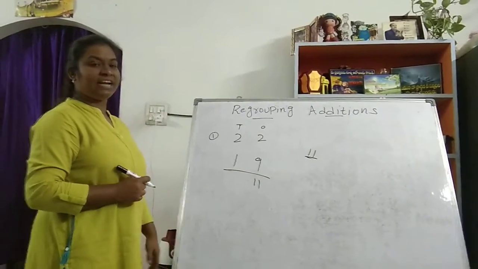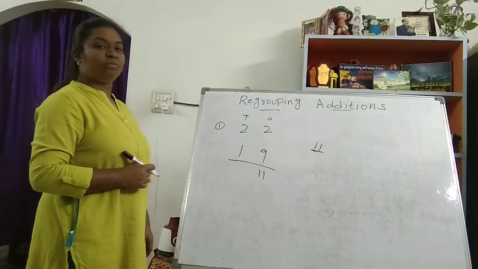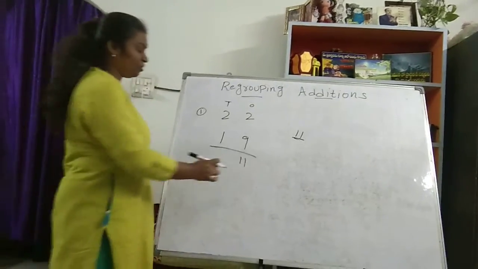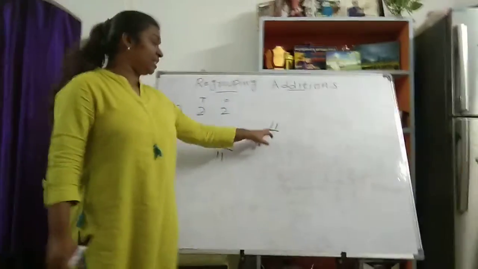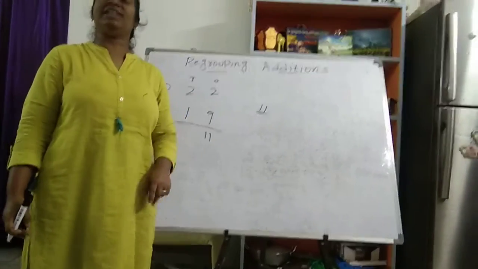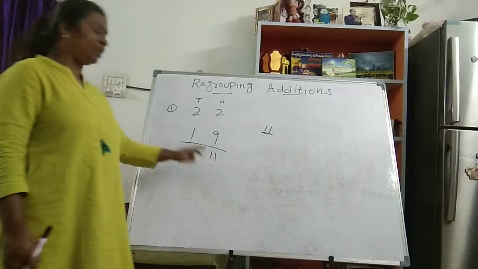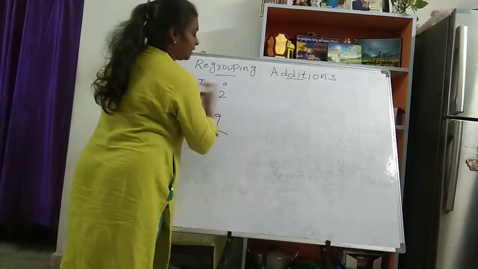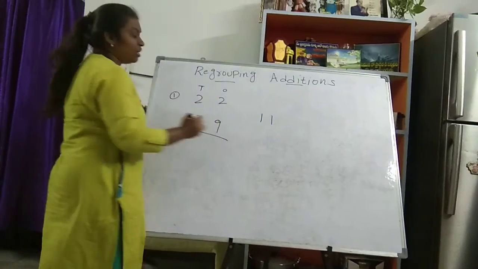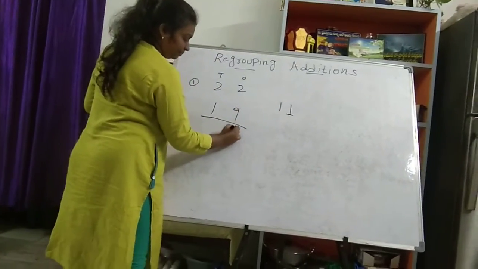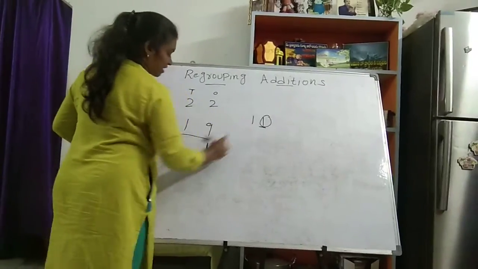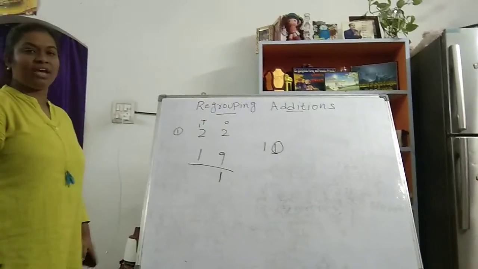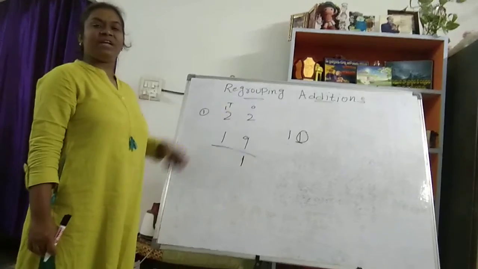Can we take 11 like this? No, we should not take 11 like that. Previously there was only one digit so we wrote it here, but now the answer is in two digits, and two digits we cannot write like this. Instead, what we will do is, you have two numbers, so take this one here and the remaining one up here on the next digit.